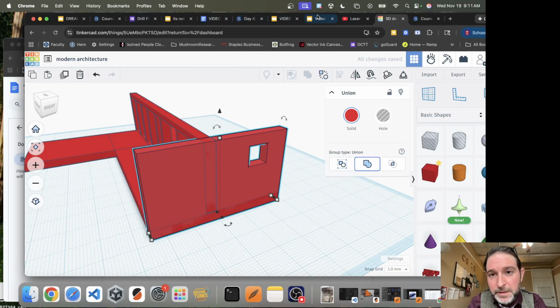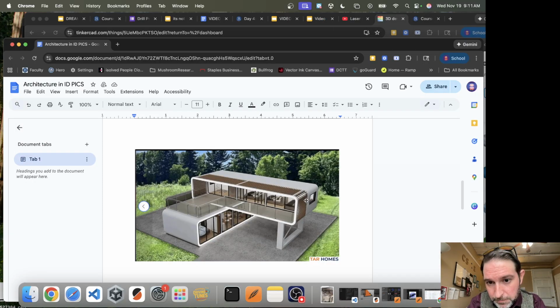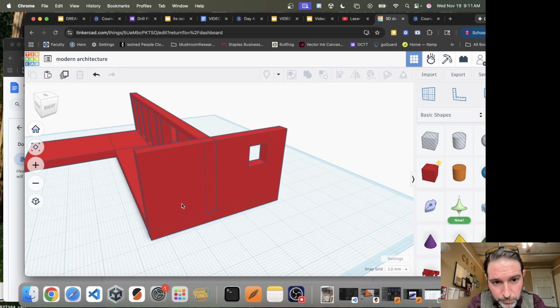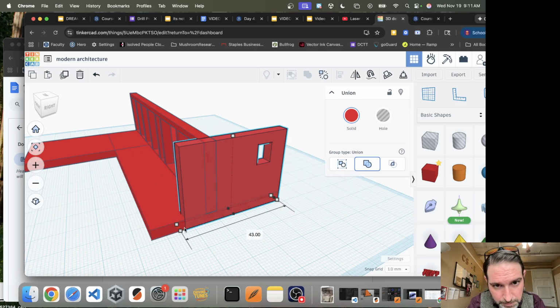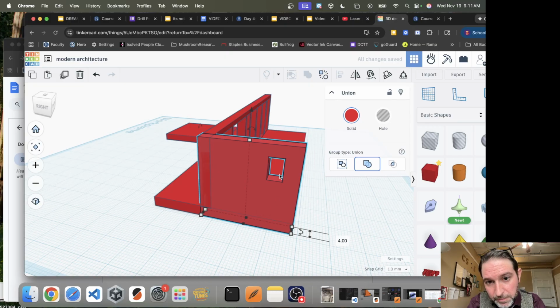And that wall does, let's just look. Yeah, that wall, no, that wall does not come out like that. Okay, so we'll come back here and we will adjust this wall so that it's the same width as that. I am assuming, and we would probably redo that window. I'm assuming that